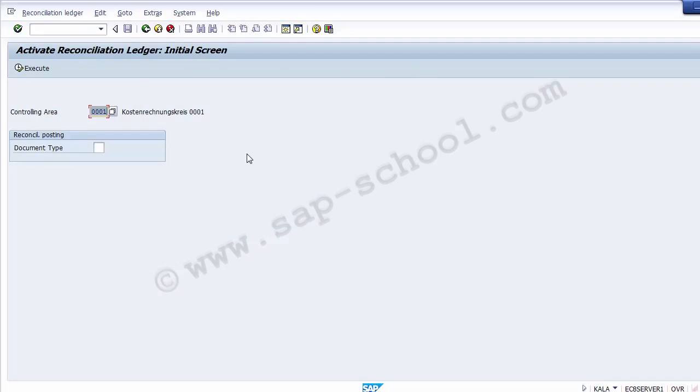Now in this you can see that there are two fields basically. One is controlling area and the next is the document type. In controlling area, you have to assign the controlling area that you have created for your own company code. For me, the one I have created is Z100. So I would be taking that, and in the document type